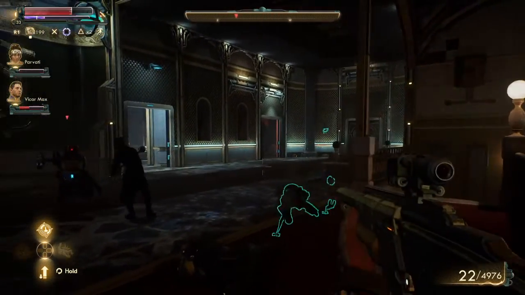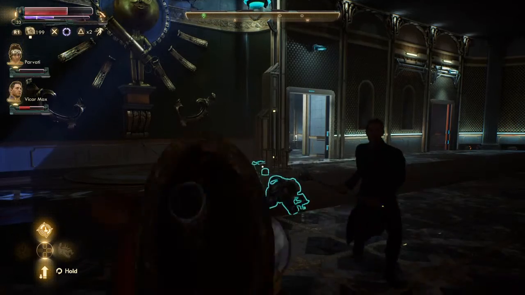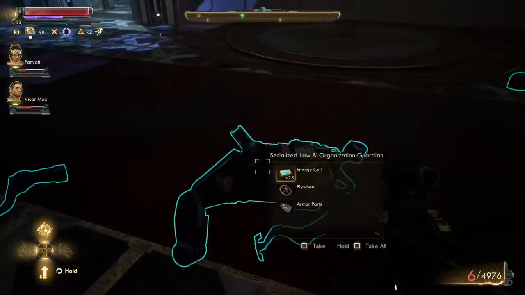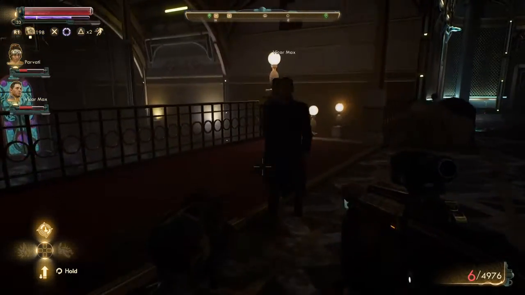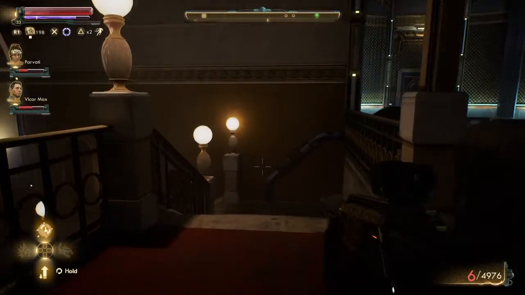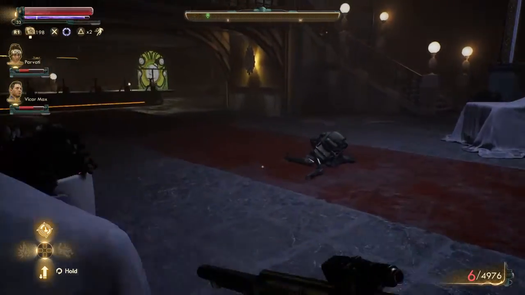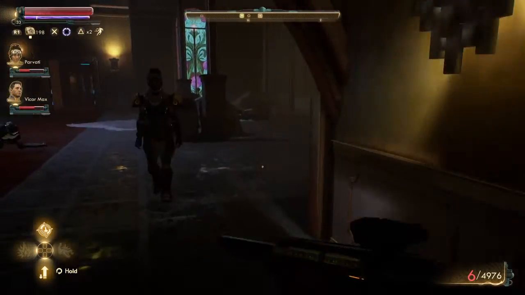There's Parvati going down. Well done. We're still alive. My companions don't really have the best armor, or any armor, well, for Max anyways. I did give Parvati some armor, but they're going to be pretty squishy even at this part. So, if I remember,